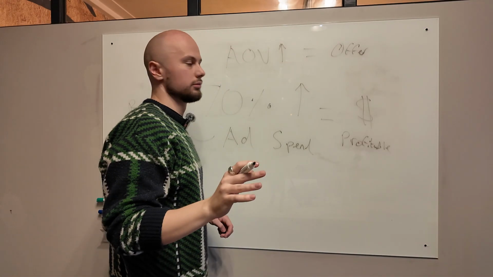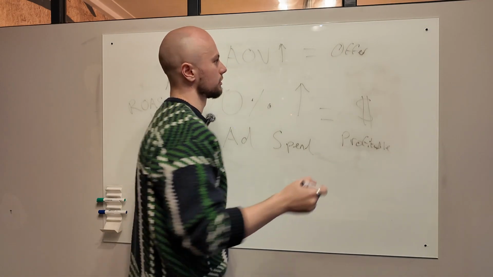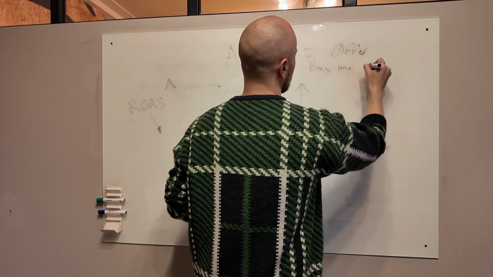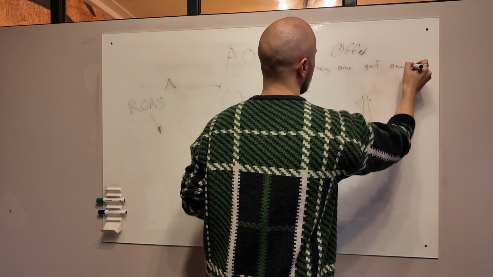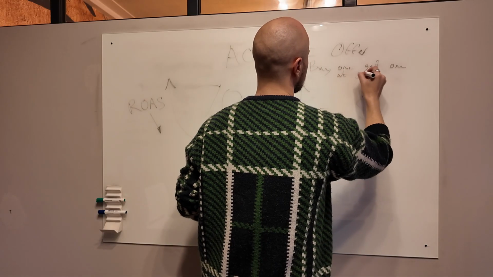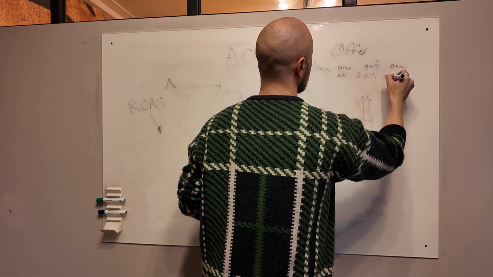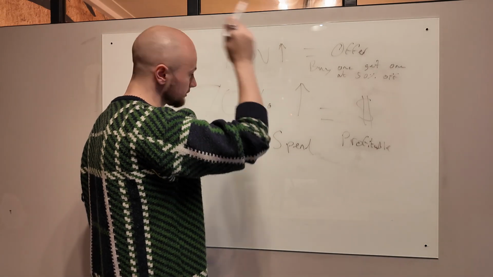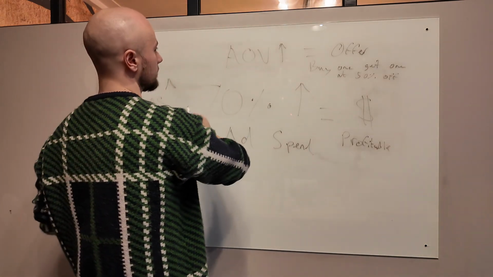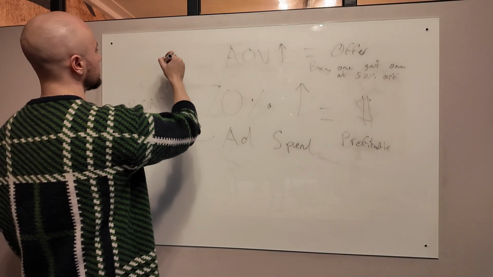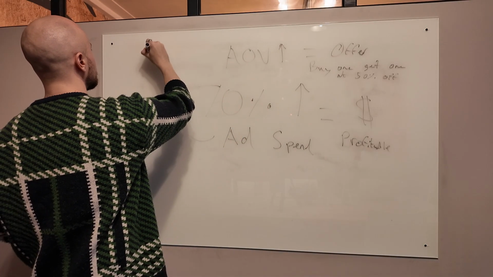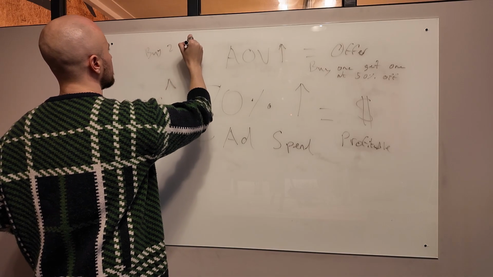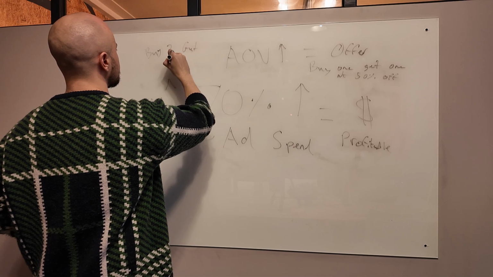Now, make sure you note this down. There's a couple offers that you can start with. You can do buy one, get one at 50% off, which you'll be able to do with something that's 70% and above margins. Then we can have another, and I'm running out of room on the whiteboard here, but you can have another, which is buy two, get one free, right?